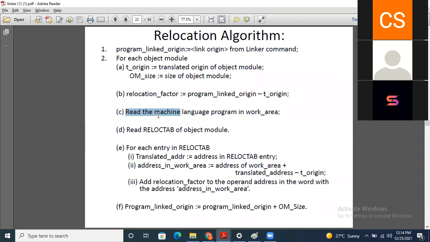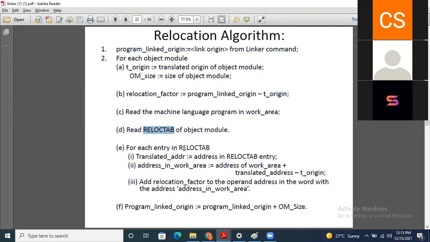And we have read all the machine language program in our work area. Also read the relocation tab of the object module. While we are reading the reloc tab, in that relocation tab we have the instructions, and in those instructions we have some addresses.